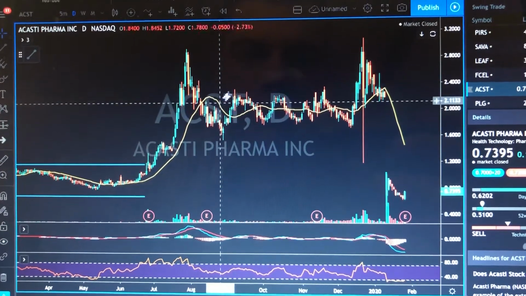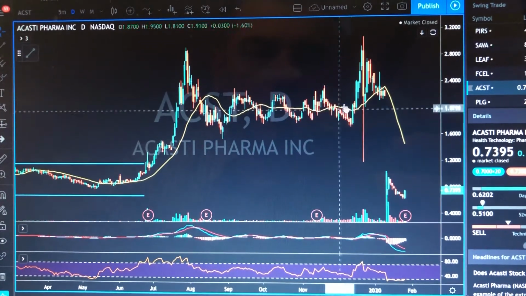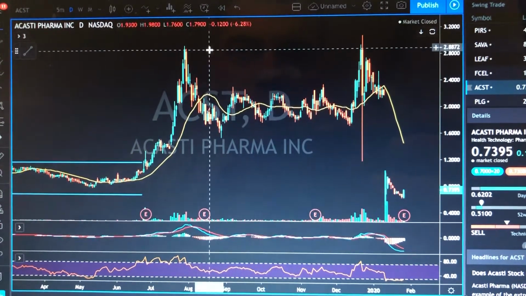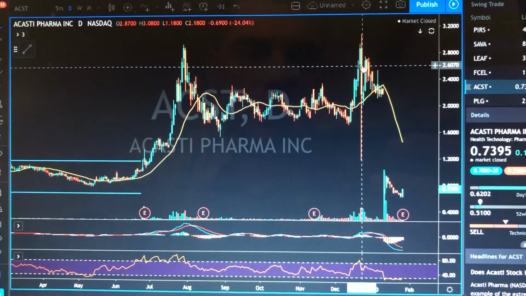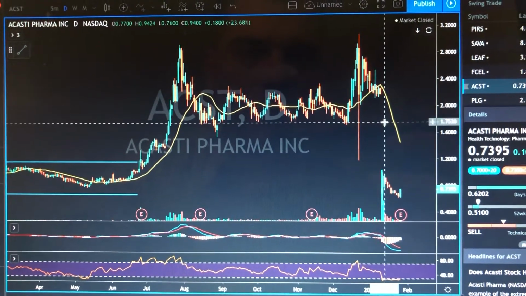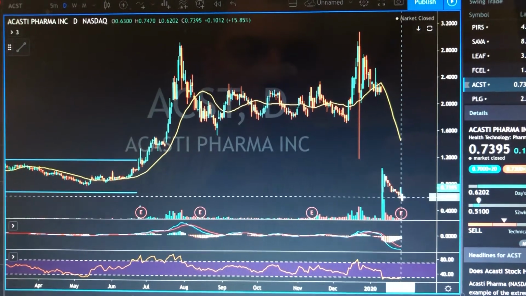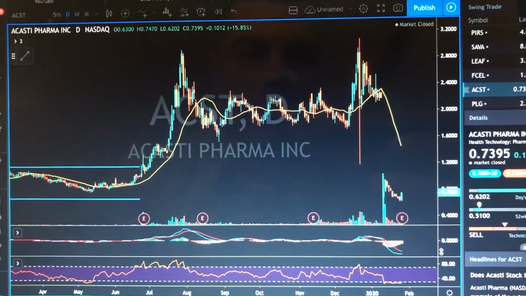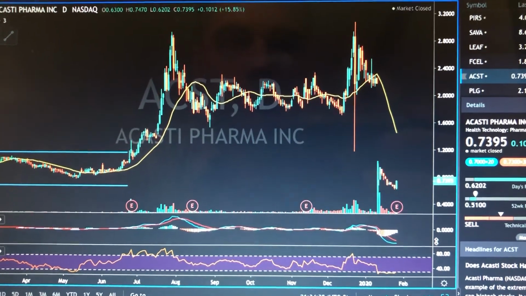Now you can go see this distribution phase right here, another range that's created. And actually, this created a double top here and here. The double top formation is a bearish pattern before the ultimate demise and decline of this particular stock. As you can see today, there was a green bar. We're looking at a daily chart here. And this green bar likely is going to start another accumulation phase.